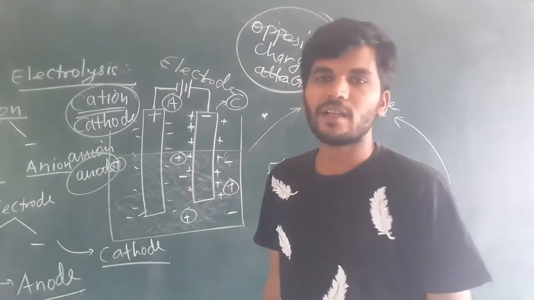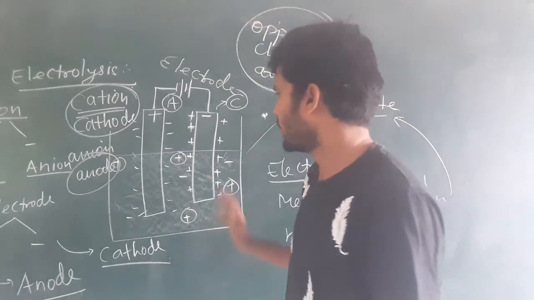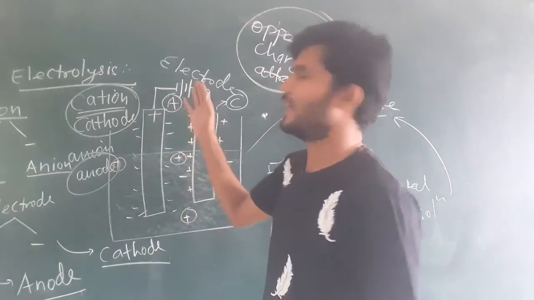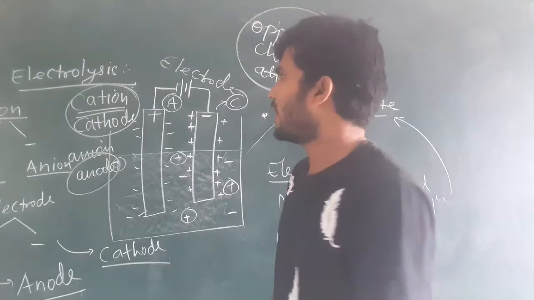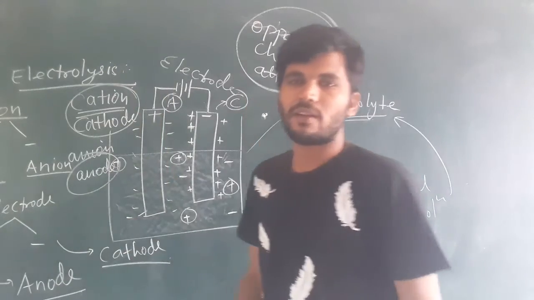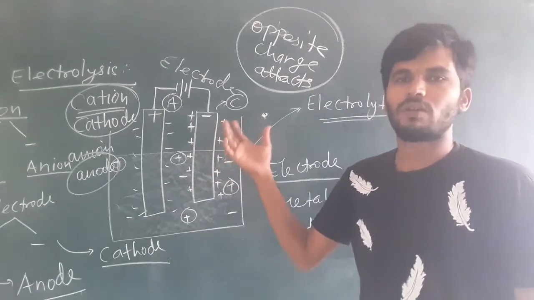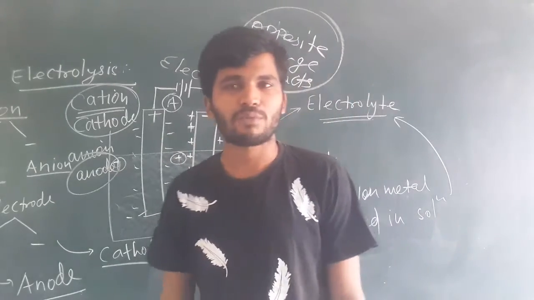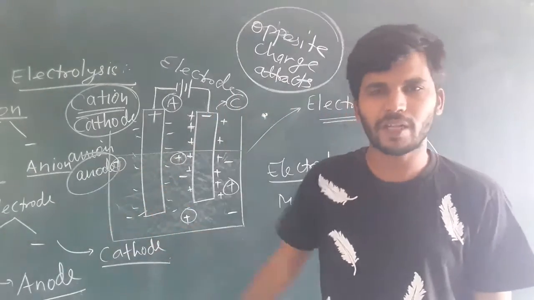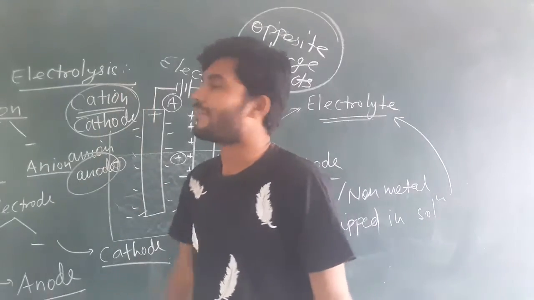It means we are providing a chemical reaction with the help of the electrolyte and the electric cell. I will write the definition of electrolysis. This setup you must know. The question will come in the examination: what is electrolysis? Explain with the diagram. So you need to draw this diagram. It is available in the book itself.